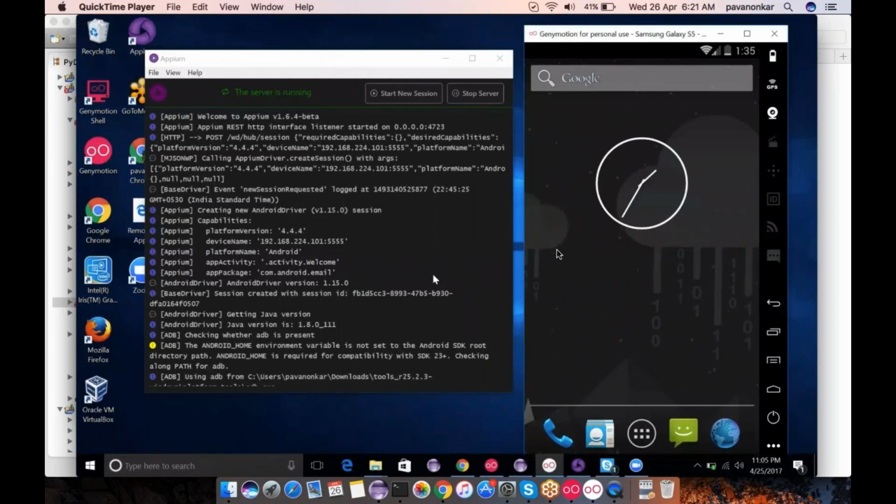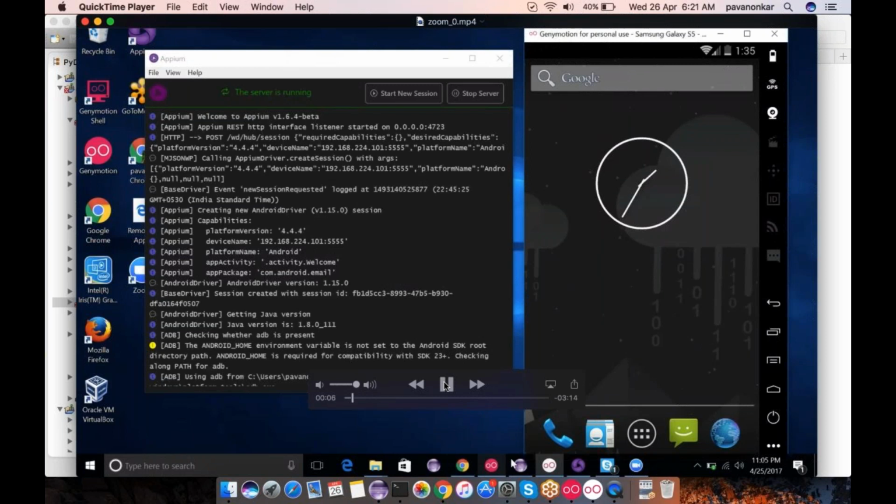So Genymotion is nothing but a software to host virtual devices on any platform, whether it is Ubuntu Linux, or Mac OS, or Windows, right? In that case, this becomes a very user-friendly way to host any virtual device on our machines, right? So if you see here, if I move further,